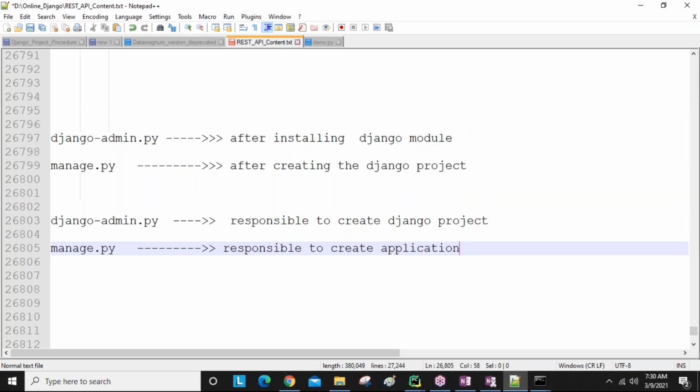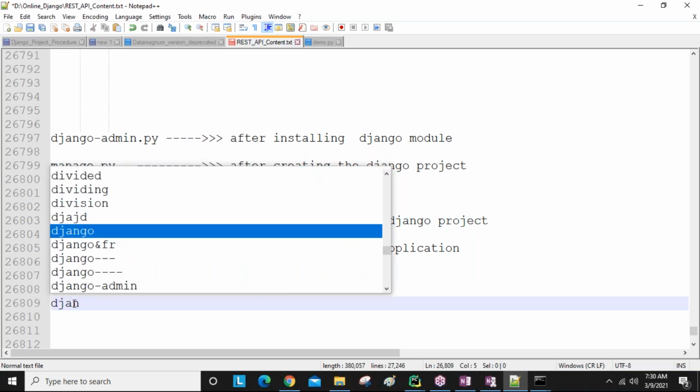By using manage.py we are going to create the application name. Project is different, application is different, guys. One project can contain any number of applications. I'll tell you, wait some time. Next, where is django-admin available? That is all for knowledge purposes only.